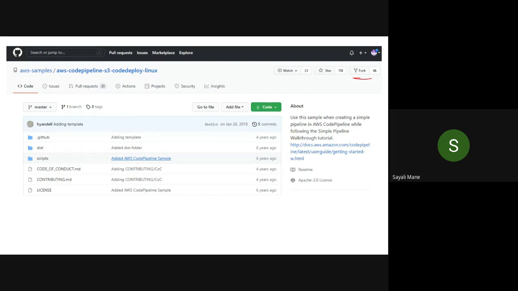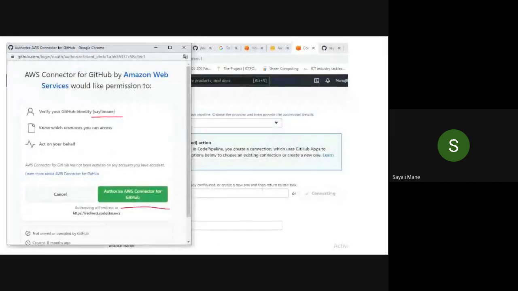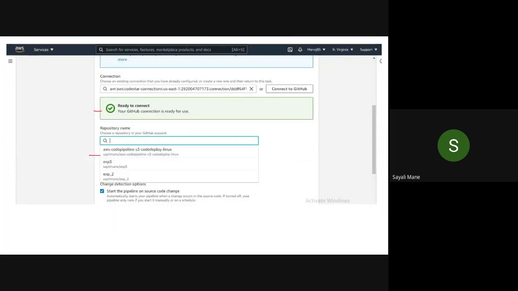Now you cannot fork because you have already forked. So just simply refresh this page, click on the fork button, and then come back to our AWS pipeline and see. Here it should come automatically.